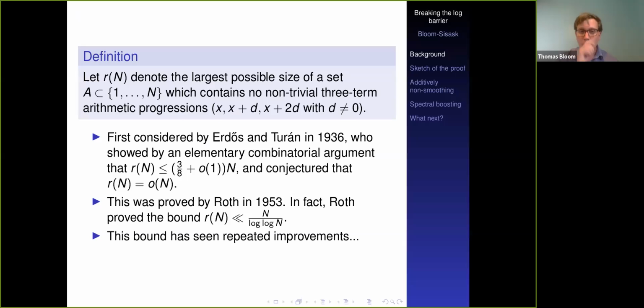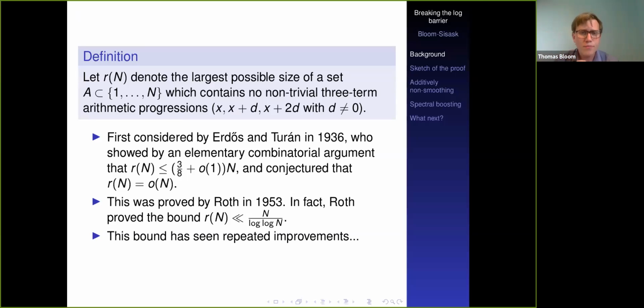Okay, so we begin with a definition. It's a very classic definition. Let R(n) denote the largest possible size of a set A in the interval 1 up to n which contains no non-trivial three-term arithmetic progressions. By this, I just mean three numbers of the form x, x+d, and x+2d, and it's non-trivial because I'm insisting that d is not equal to 0. If I just say three-term progressions, generally that includes the trivial ones where d equals 0 as well,